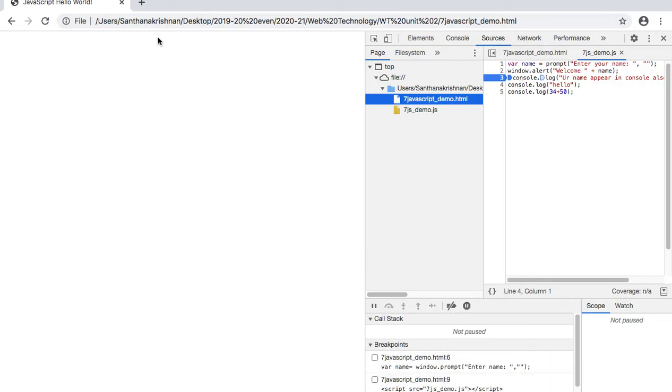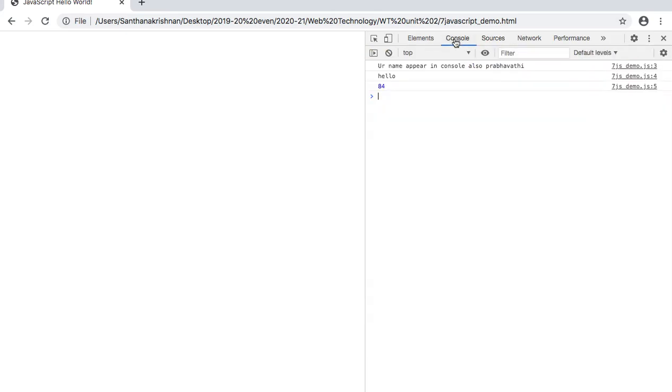Okay. If I refresh, what will happen? The HTML file gets executed till this console.log. Previously, have a look at this: all the 3 console.log lines got executed. Now if we refresh it, only this line will be executed, because we have inserted a breakpoint. So just check here.